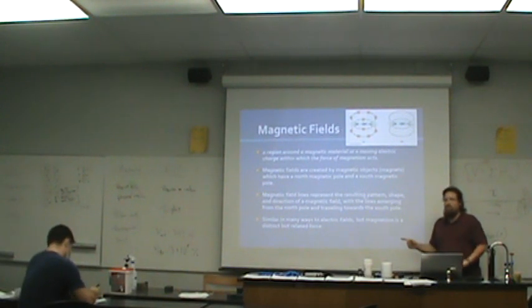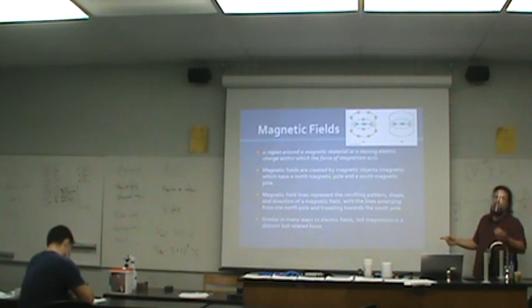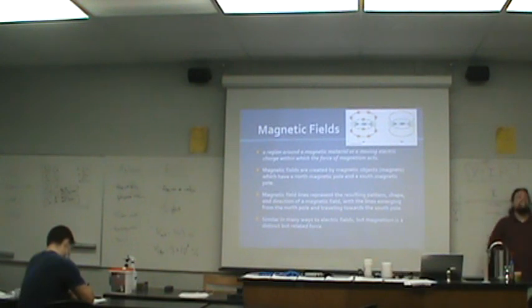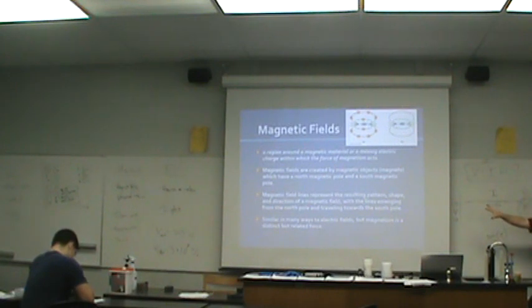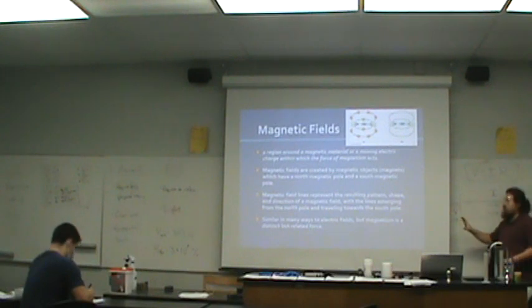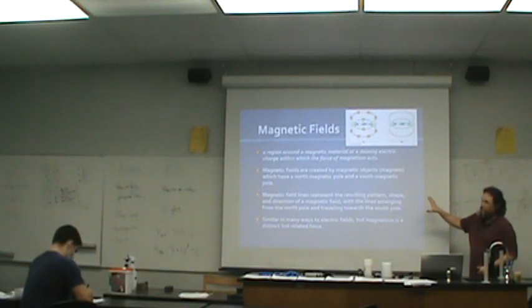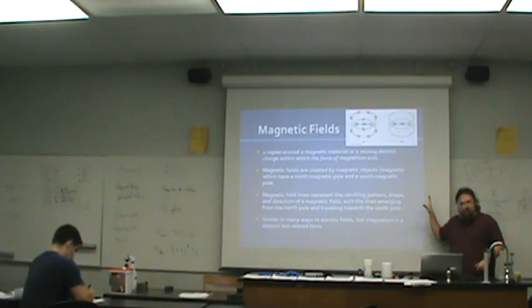Magnetic fields are similar to electric fields. Protons and electrons give off electric fields, like how mass gives off a gravitational field. And when those fields interact, they create force. Magnetic fields are different from electric fields. Protons and electrons give off electric fields because they are charged. Magnets give off magnetic fields. Although we're really not sure why,